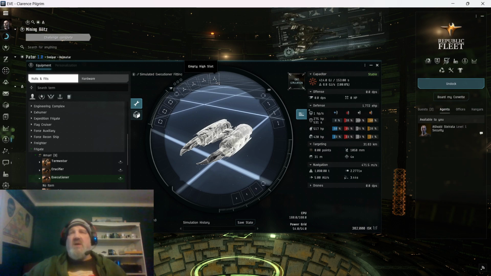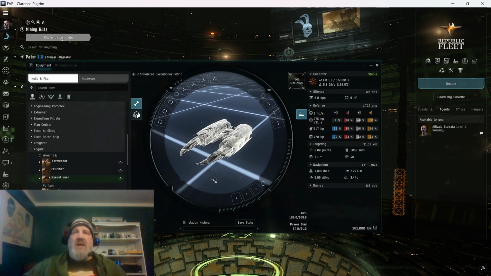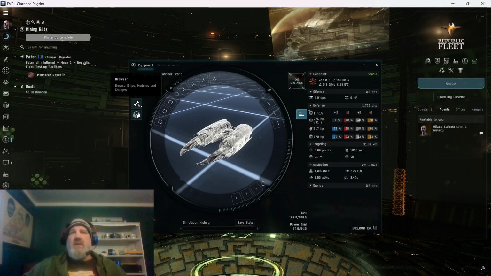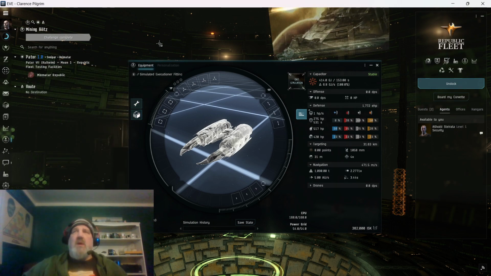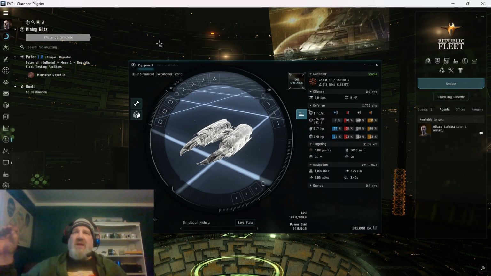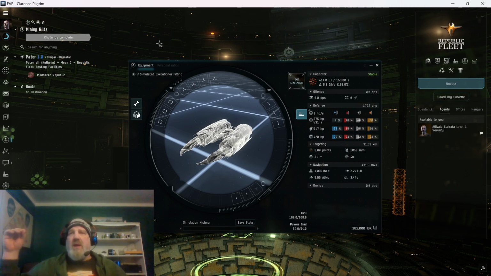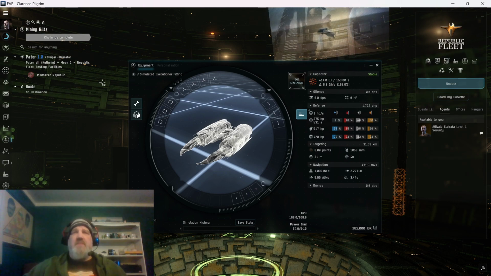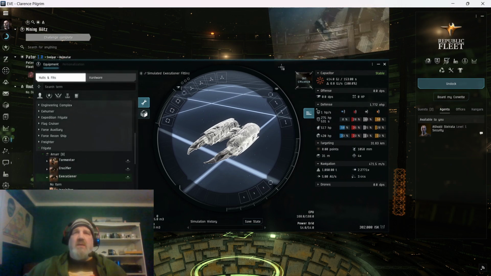Heck, you could throw in a target painter in there and make it even easier for other people to hit them. But you want to keep your cap stable, or at least keep it going. You want to be able to get in and out quickly. I am a big proponent of afterburners. Now, micro warp drives definitely have their place, but an afterburner does not increase your signature radius. A micro warp drive does, and it lowers your cap space. I could get into more on that one, but let's just say literally